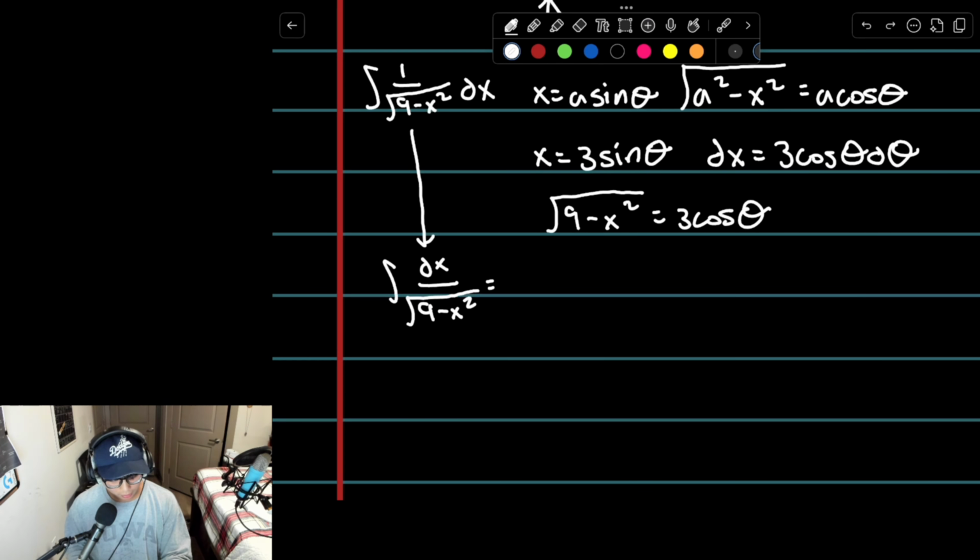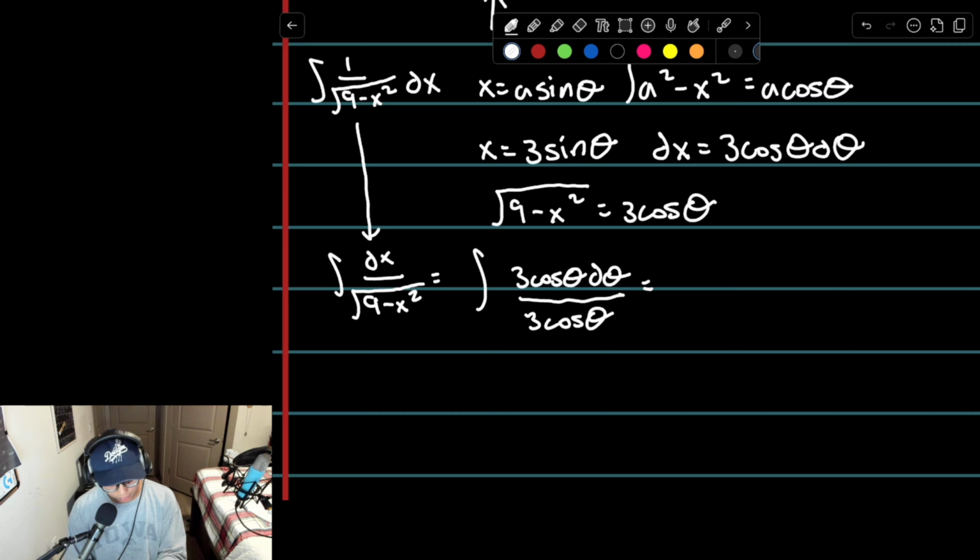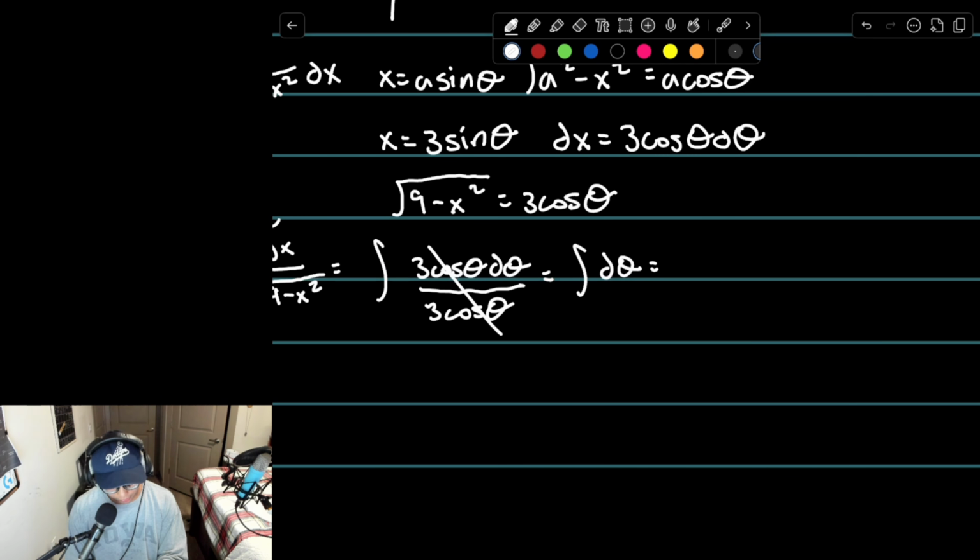So with the information we're given, all we do is plug it in. This all becomes 3 cosine theta d theta over 3 cosine theta. This then simplifies to the integral of d theta, because these two cancel out. And now when we integrate, we're just left with theta plus c, and it looks like we're done, but we're